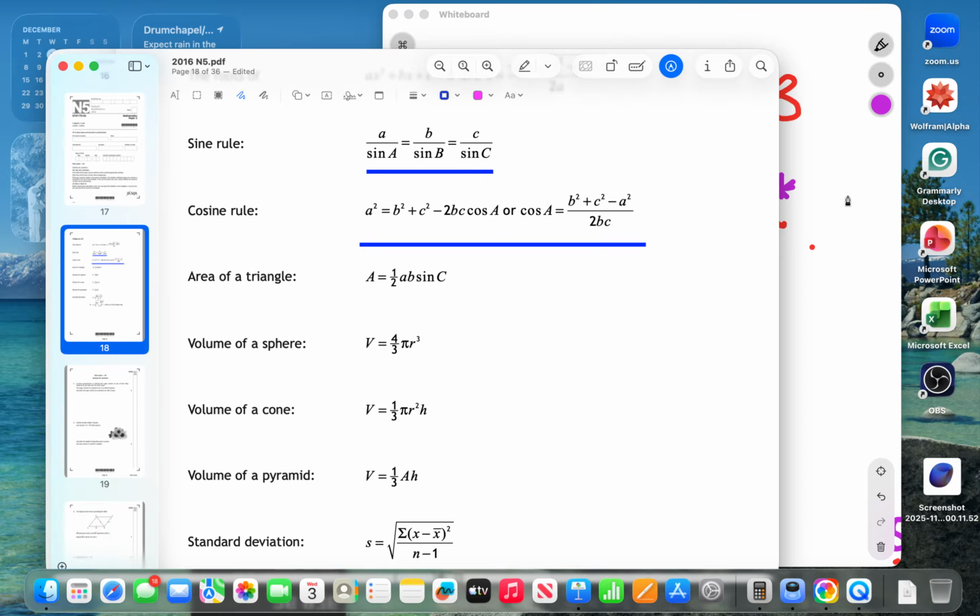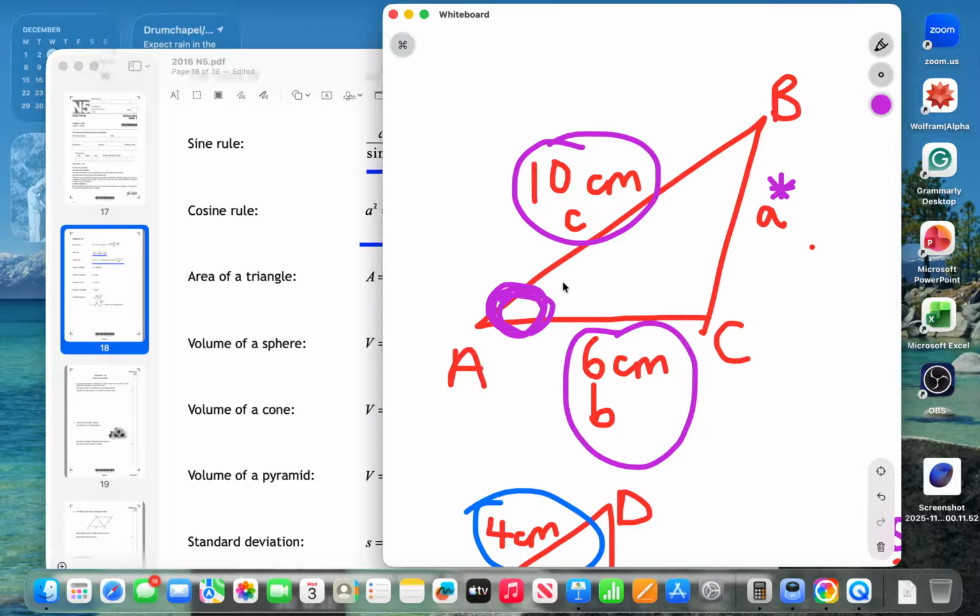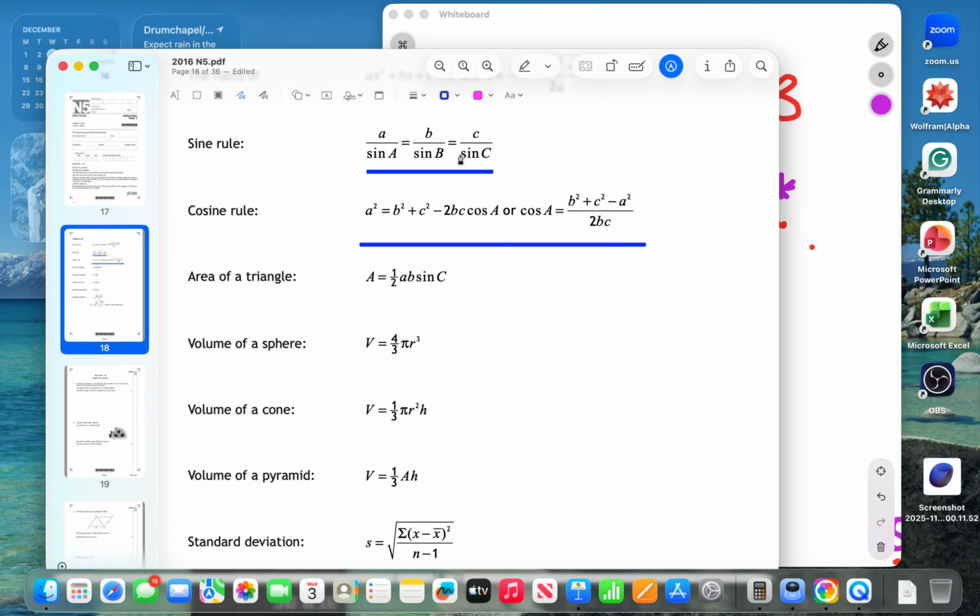Now, the sine rule wouldn't work because you know one angle and you have to calculate a side, but if you have a look at this, the sine rule, the point of it is that you cover up one of these 3 and you keep the other 2, but you can only substitute one angle in and you can't do anything with the second one. So the sine rule wouldn't work in this one because you don't have a second angle to substitute and you're not finding an angle. Now the cosine rule,